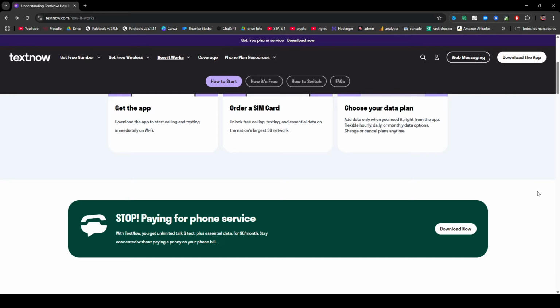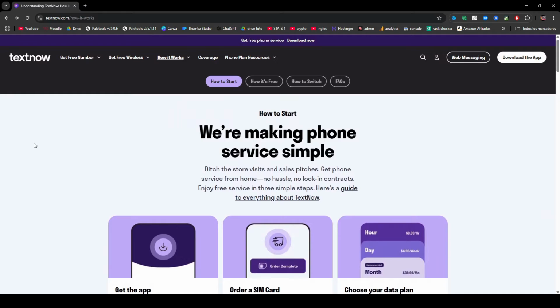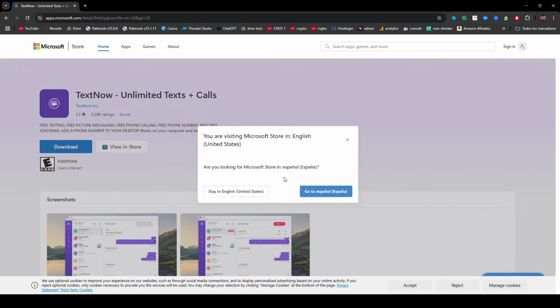And to solve the TextNow registry problem on your PC, well, it's very easy. Okay, it's a topic that the link here is not good. Okay, now I'll explain to you. Well, let's go to textnow.com. Okay, and if you download, here we're going to click, well, what we would have to do,